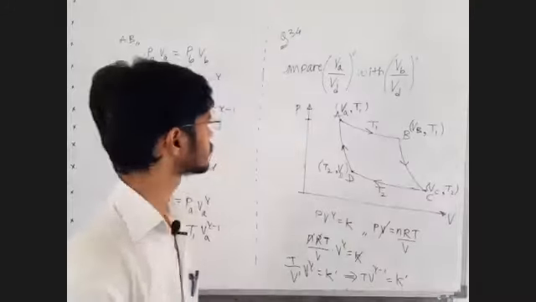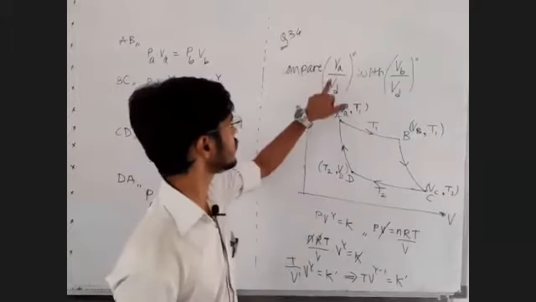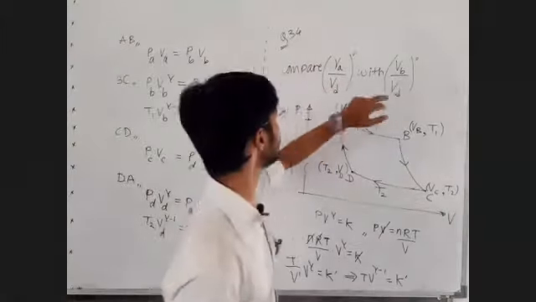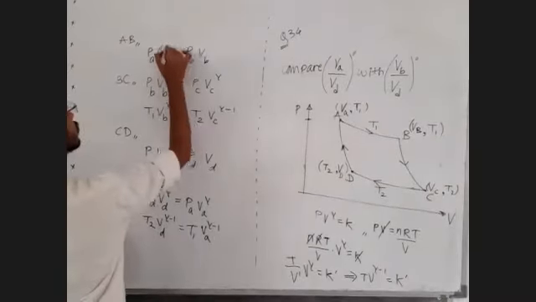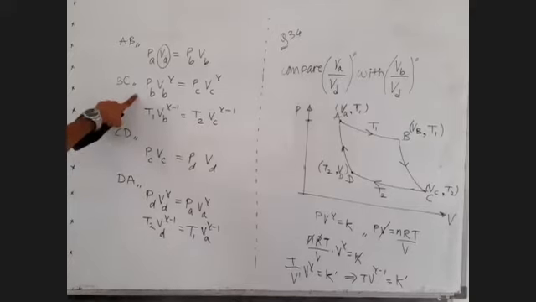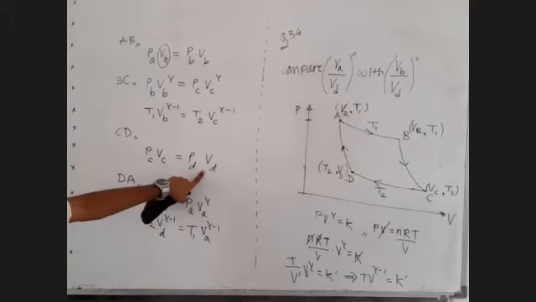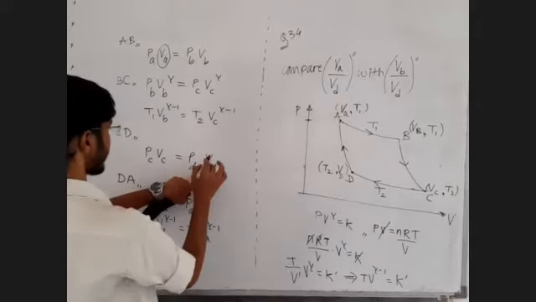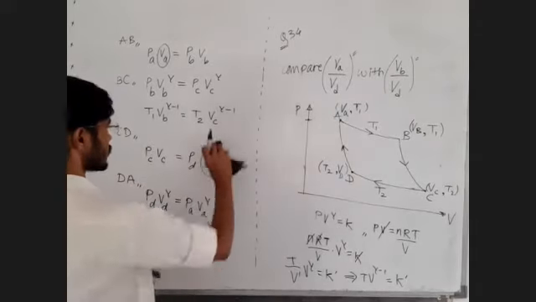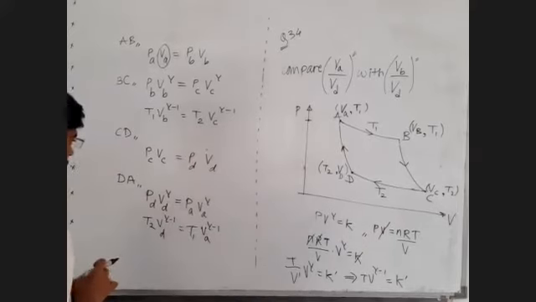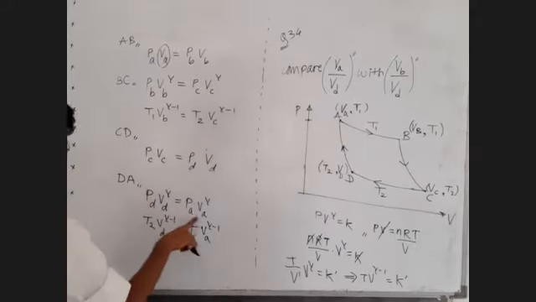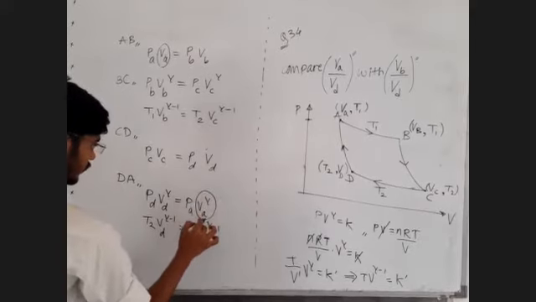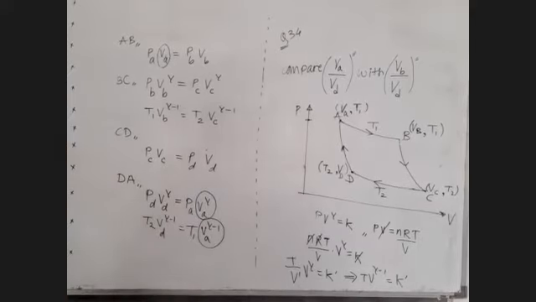Now what we have to do is somehow we have to figure out what is VA upon VD value and VB upon VD value. VA upon VD. Here we have VA. Then VD. Here we have VD. Or let's find out first VA. Where are those VA terms? Here we have VA. These are the VA terms.